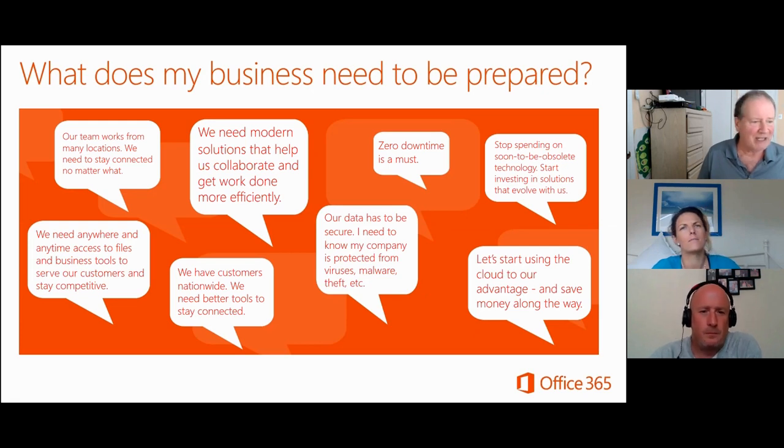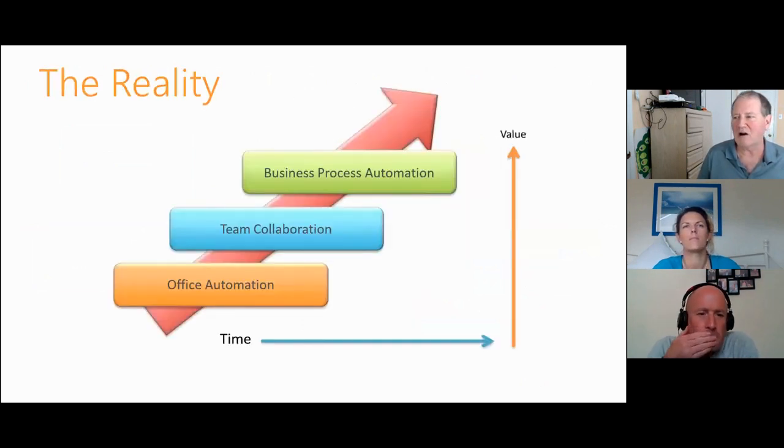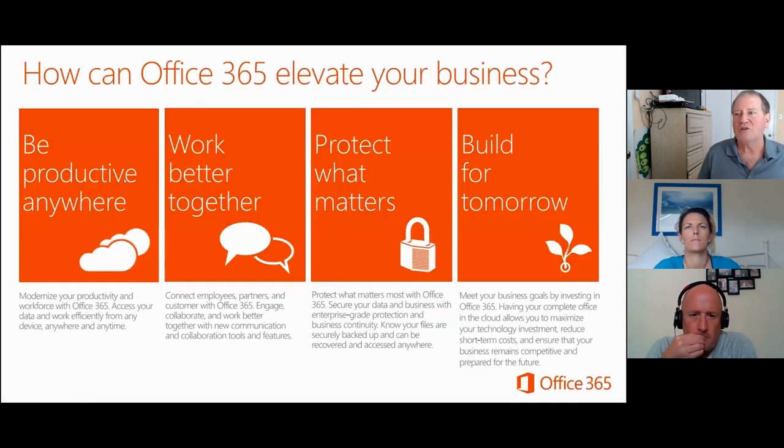So the next thing is the vision. So you have business process automation, team collaboration, office automation, all happening over time, and what the value of that becomes, right? That's the reality. So how can Office 365 elevate your business so you can be productive anywhere, so you can modernize your workforce through Office 365, access your data and work efficiently from anywhere, work better together, so you're connecting employees, partners, and